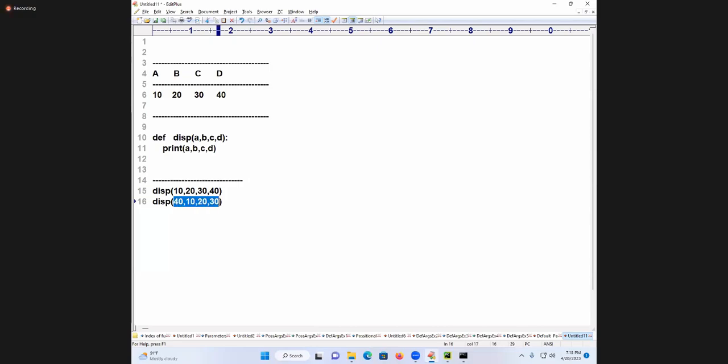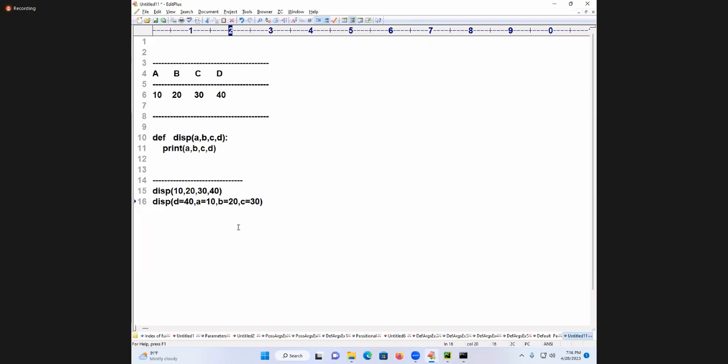Now, irrespective of the order you pass it, I must pass the data accurately. How do you pass it? D is equal to, A is equal to, B is equal to, C is equal to. What is this concept? What is the keyword arguments concept? Whatever parameters you use in the function heading, the same names are used in the function call as arguments. It looks like a key-value pair. That's why they are called what?